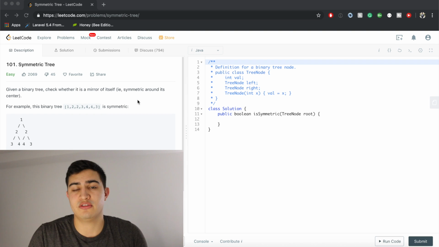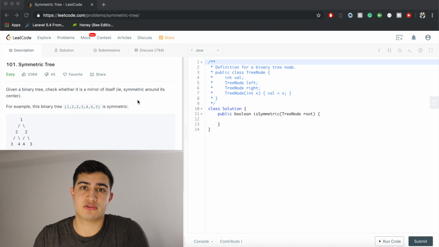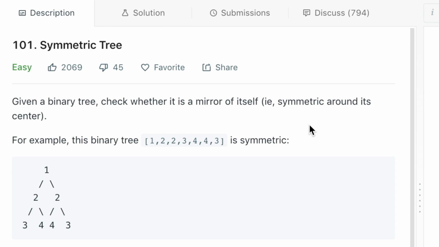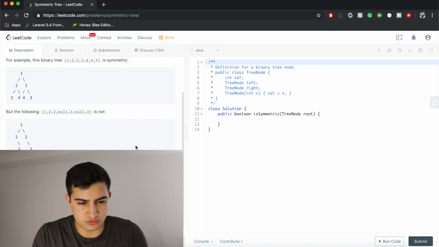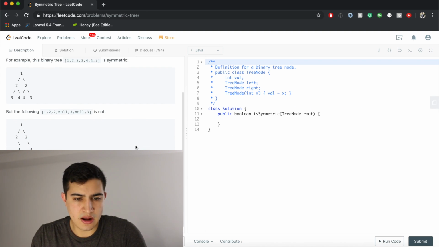Okay guys, so today our question is from Amazon. Our problem is called Symmetric Tree. Our problem description says, given a binary tree, check whether it is a mirror of itself, i.e. symmetric around its center. So for example, in this binary tree, 1, 2, 2, 3, 4, 4, 3, this is